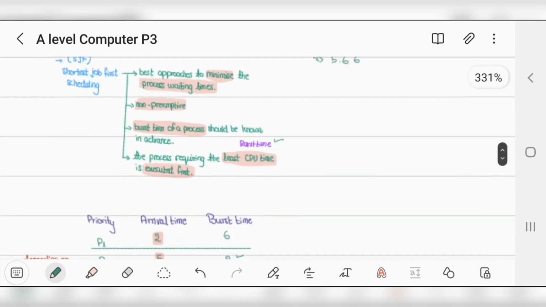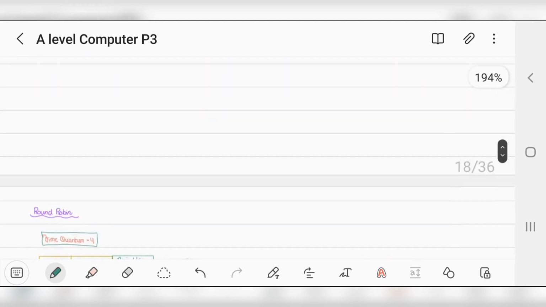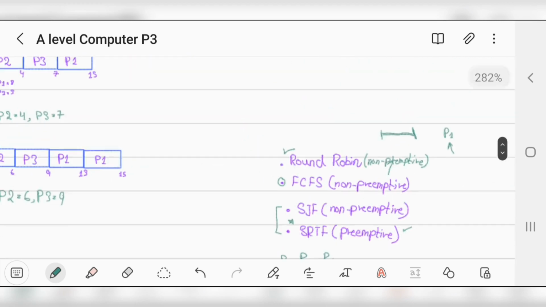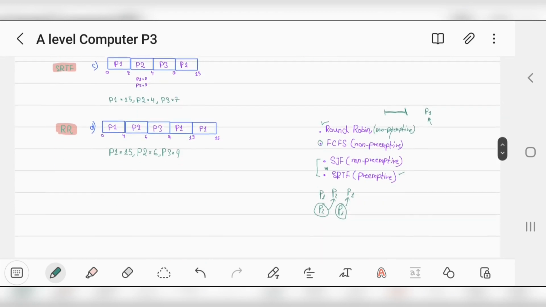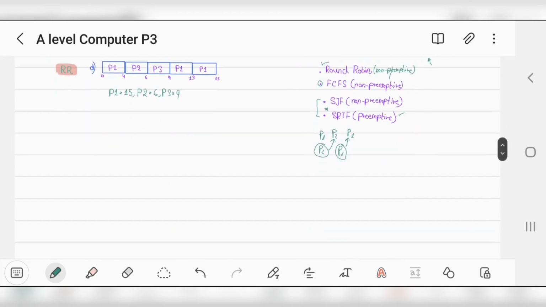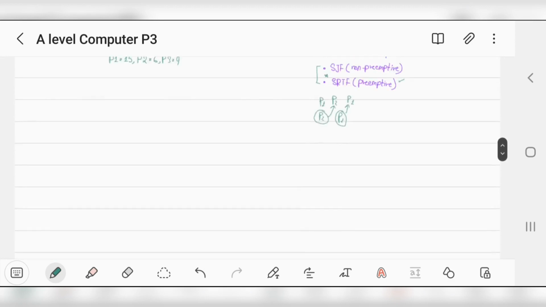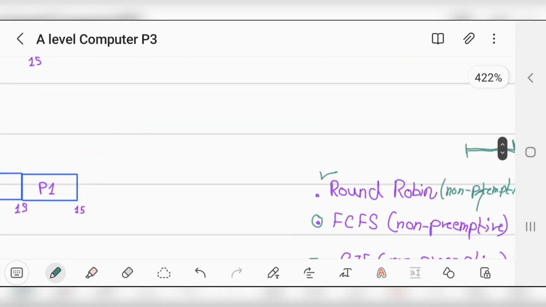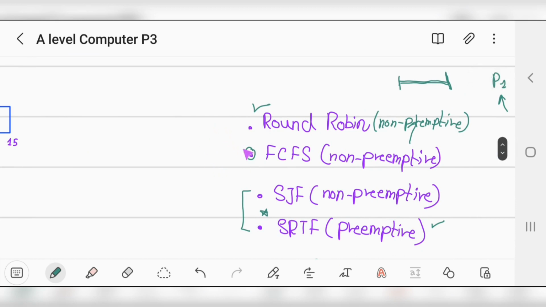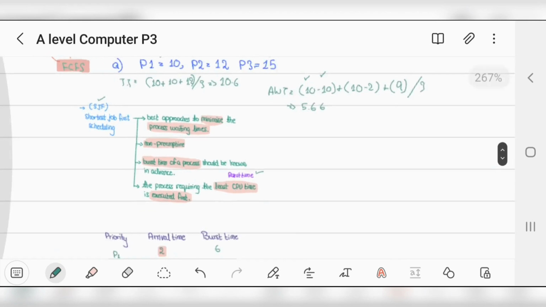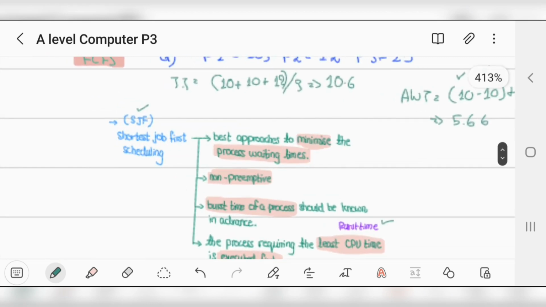to find the difference between all of these scheduling algorithms. Round robin gives a time quantum, a time slot, for each process. First come first served focuses on the arrival time. SJF, shortest job first scheduling,